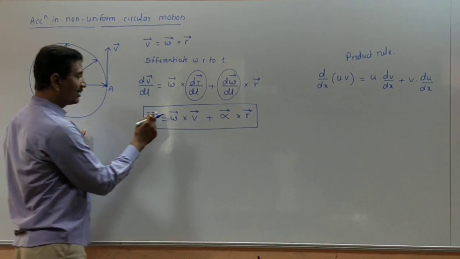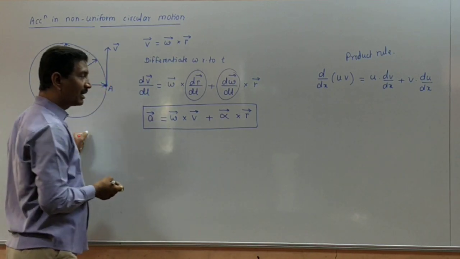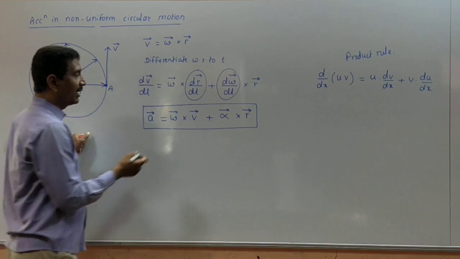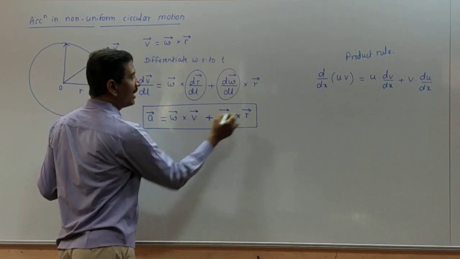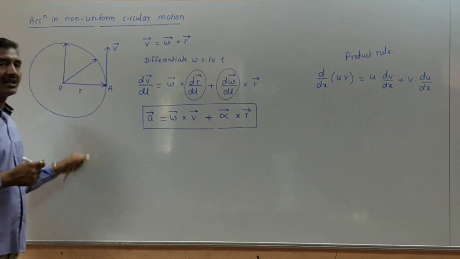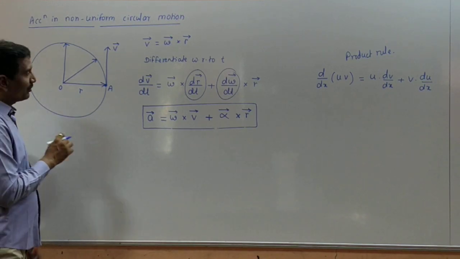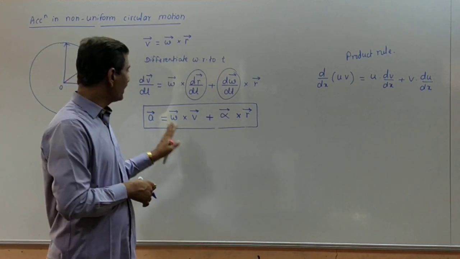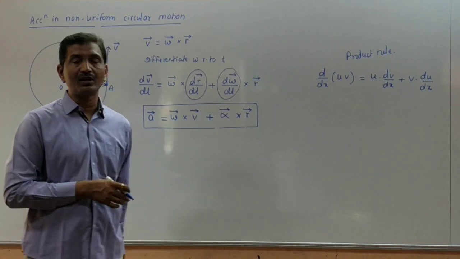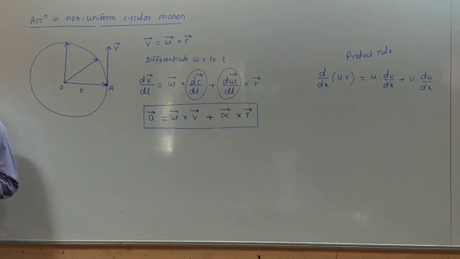In this case, the first term is a bar equal to omega bar cross v bar, and the second term is a bar equal to alpha bar cross r bar. Here we consider the two accelerations, tangential acceleration and radial acceleration. First we discuss radial acceleration and tangential acceleration, then we convert this formula for a bar in terms of radial and tangential accelerations. So first we consider the